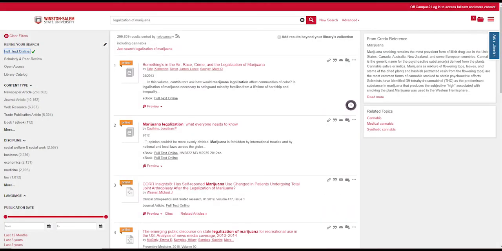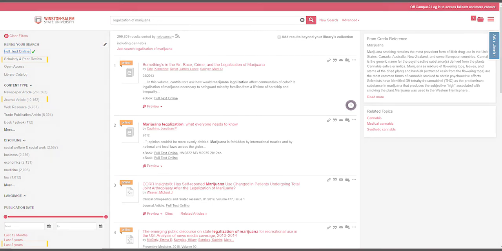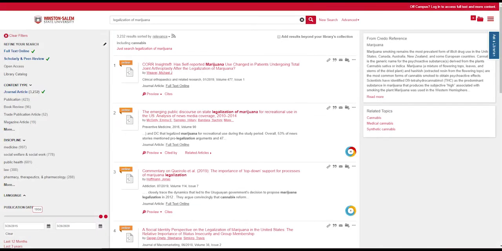In this left column, there are other ways to filter your search results, such as scholarly and peer review, limiting by content type. For example, maybe I just want journal articles, and then maybe limiting by publication date, and maybe I just want the last 5 years. These quick filters allow me to quickly narrow down my results from 300,000 to 3,000. Now I can start looking through the search results to see if any are of use to me and manipulate